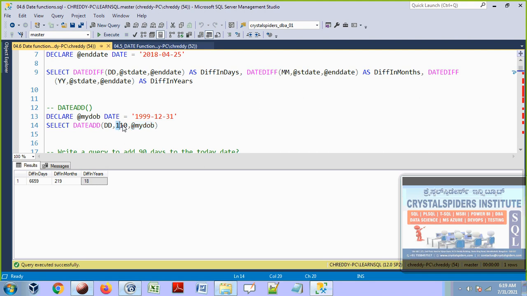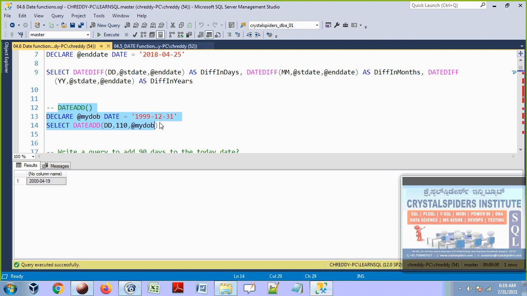We are adding this many days to the variable @myDOB. Okay, now if I execute this one, let's see what it is going to give. Now it is giving 2000 April 19. So this is the date add.